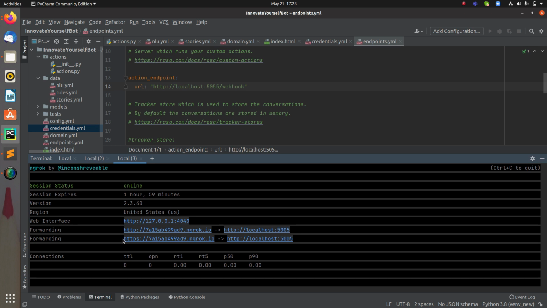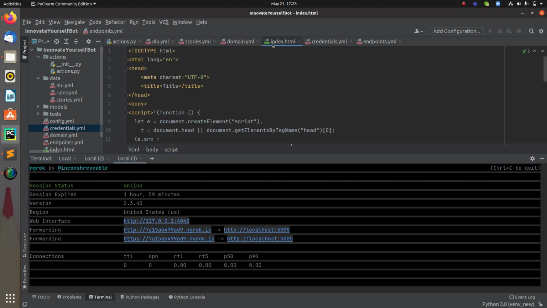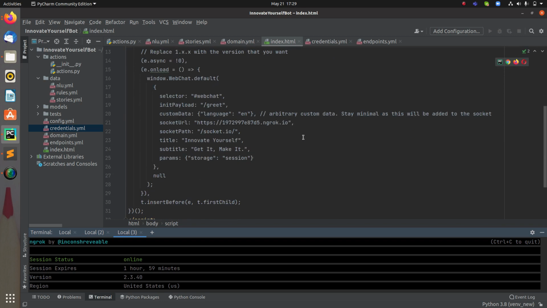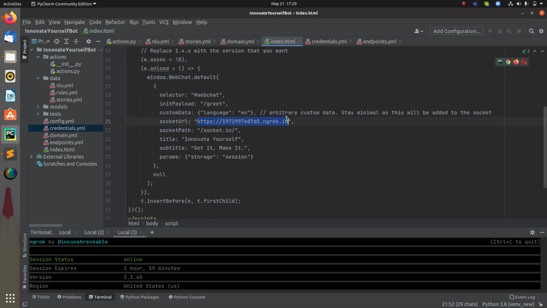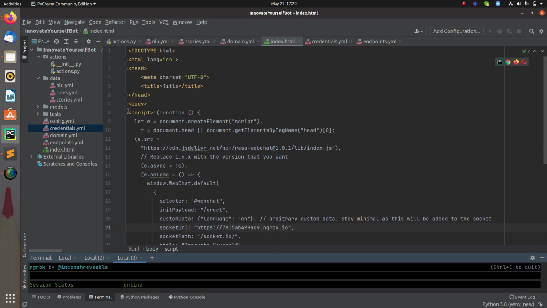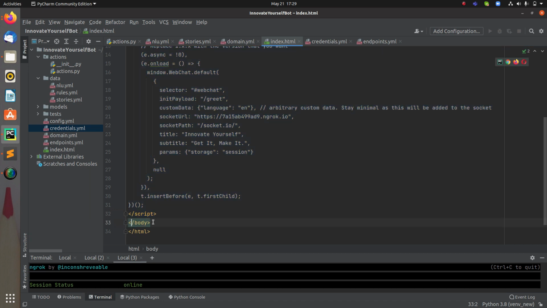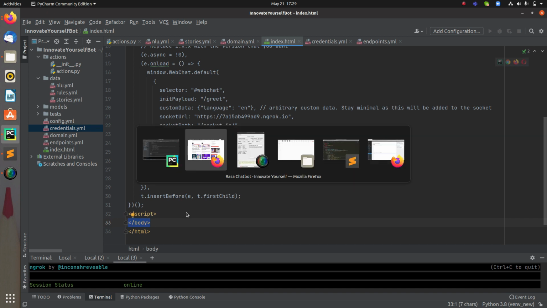Now over here you can see this is a link. So just copy this, and after that go to index.html. I already have the script ready with me, and in that I just have to change this socket URL. Now I have this. Finally, when you are done with this step, the last thing is to copy the complete script, up to this point. And over here you have seen that your script is injected in between the body part. So that is why I will be copying it from here, and now I will go back to my website.